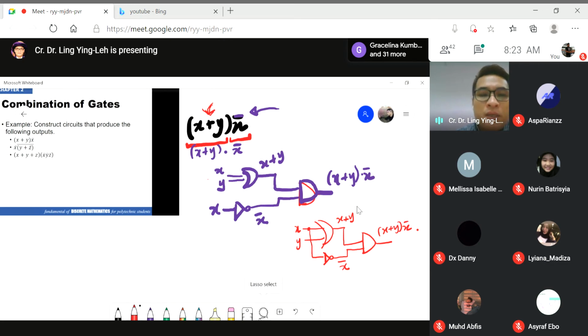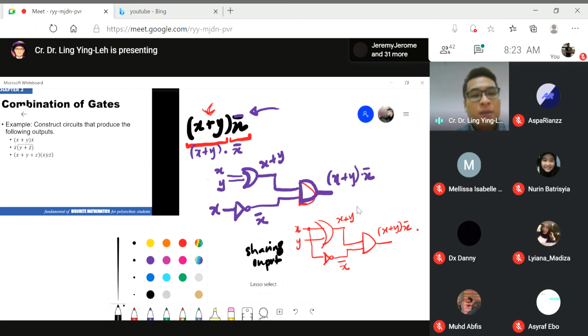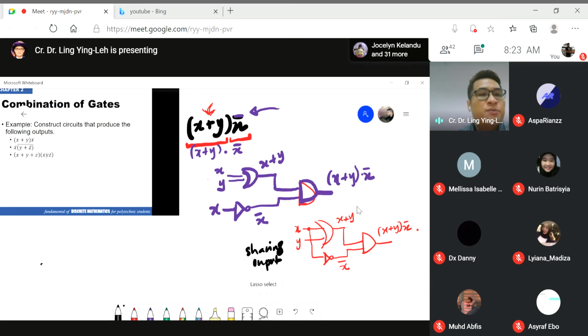Okay. Dua ini sama. The only difference is this one I do the sharing. Okay. I do the sharing on the input. Okay. Itu saja yang berbeza. Okay. So I hope you are clear with this one. Now, the second question,